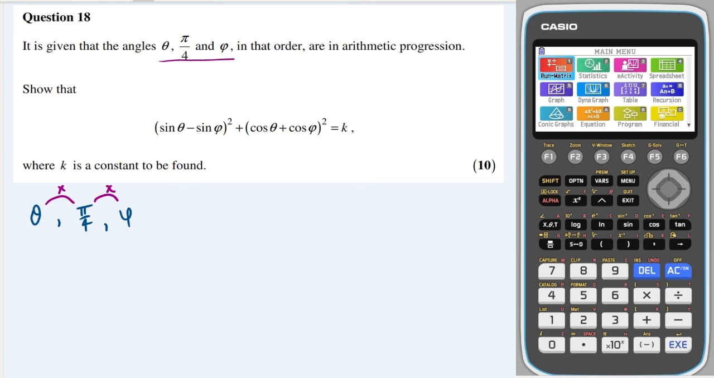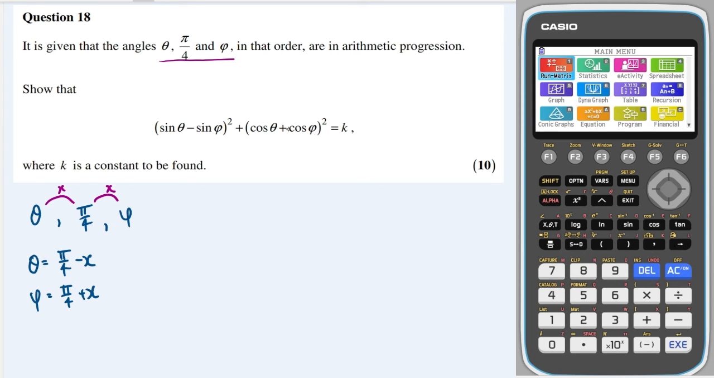I could then write theta as pi over 4 minus x, and I could write phi as pi over 4 plus x. I can then sub in theta and phi into this equation and use a compound angle formula to simplify them down and eventually arrive at a solution. But I'm going to show you a more nifty way of doing it, and that is to